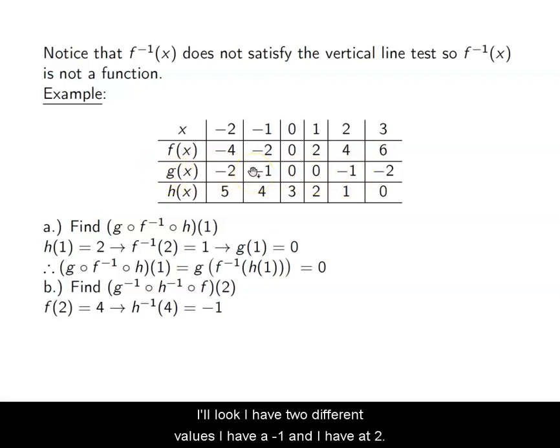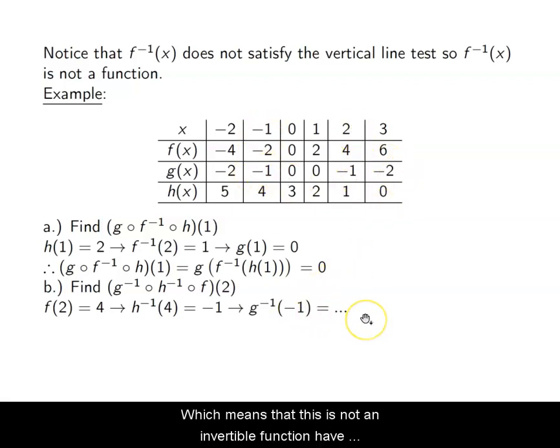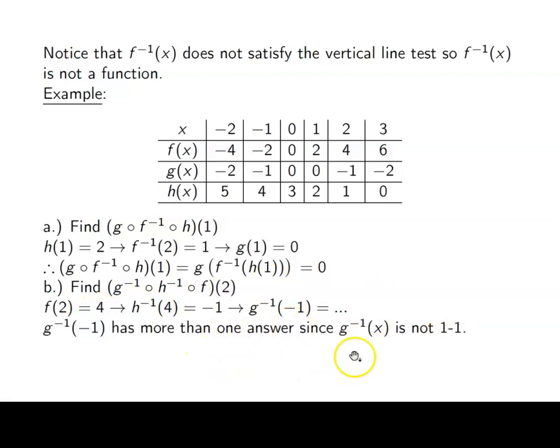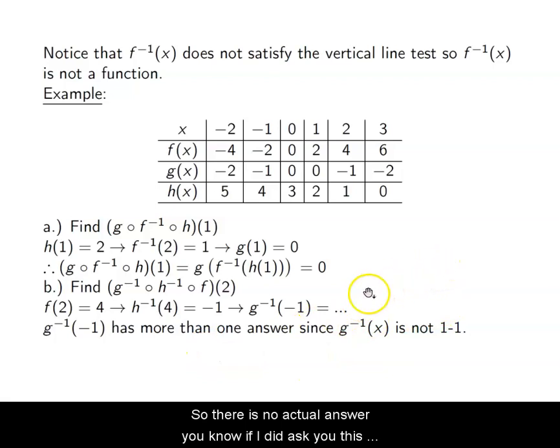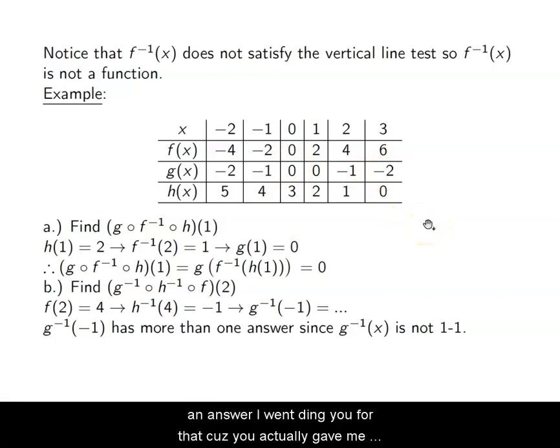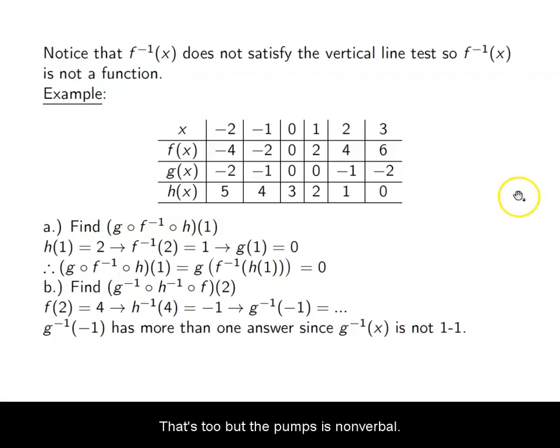Well, look, I have two different values. I have one at -1 and I have one at 2, which means that this is not an invertible function. I have two different values out. So the inverse is not an actual function, which means it's not invertible. Okay, so there is no actual answer. If I did ask you this, I would expect you to say g is not invertible. Or if you gave me both answers out, I'd accept that as an answer. I wouldn't ding you for that because you actually gave me an answer that's true. But the function is not invertible. Okay,